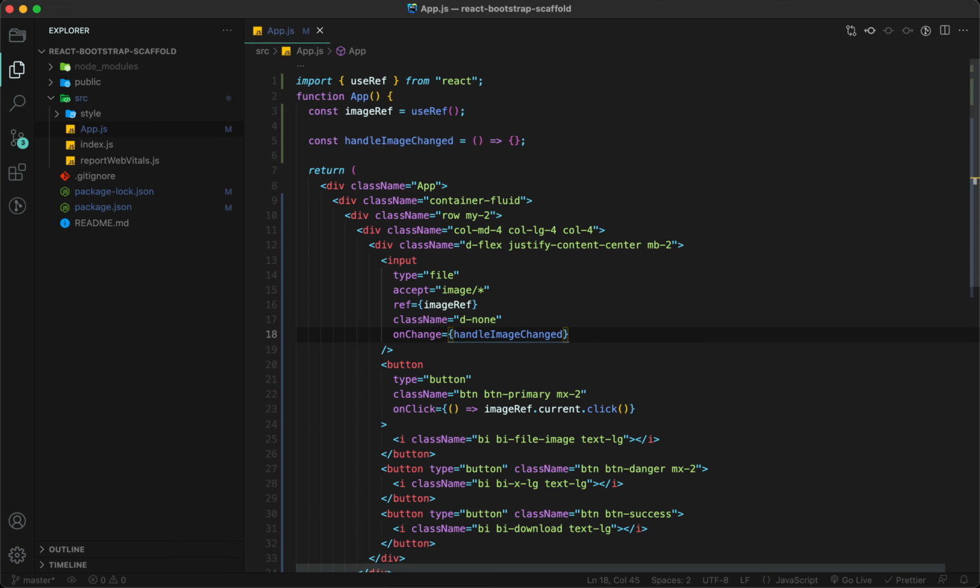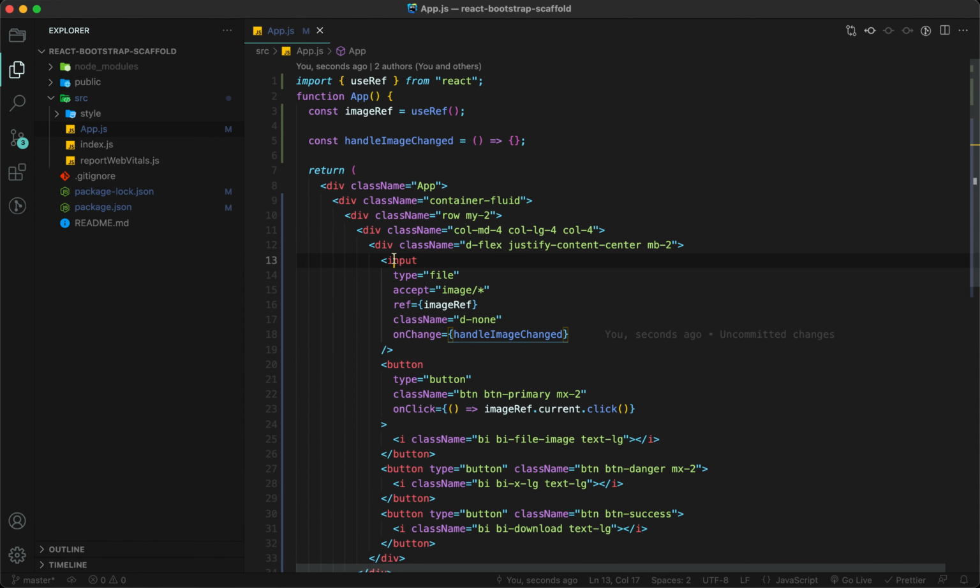So we are only triggering the select from this button, but the rest of the functionality will be the same. Whenever an image has been selected, it will be stored in this input of type file.